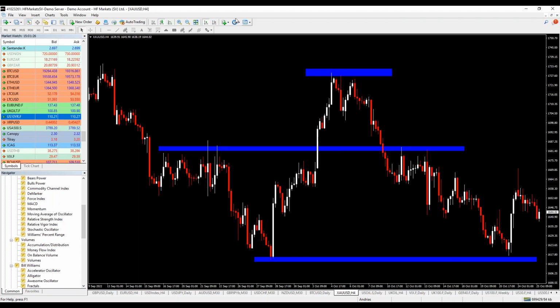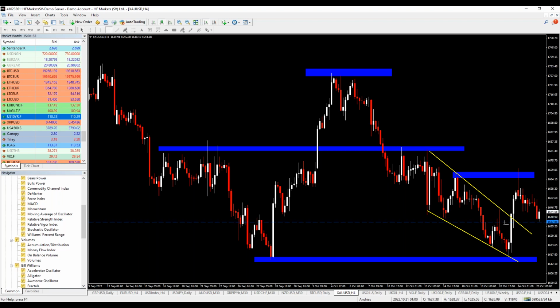Okay, another one that I have spotted is this one over here. Very, very good. Also, the last few days, actually since last week, we can see lower highs and lower lows over here. That looks like a descending triangle, broken by a very strong decisive candle. But since that break, I can see that gold didn't get back to the